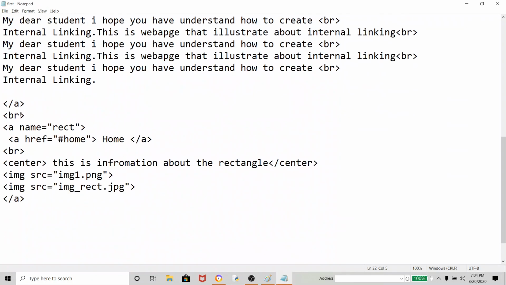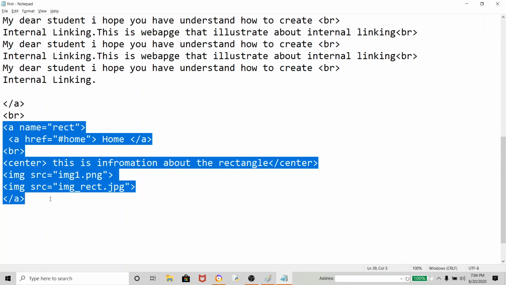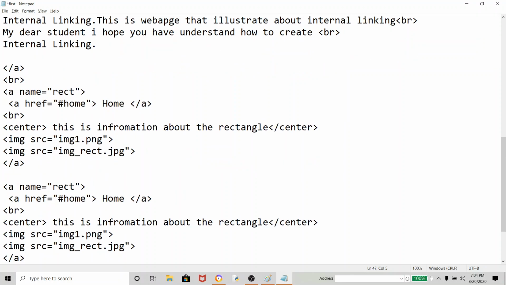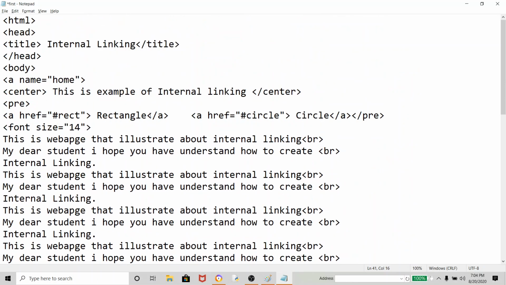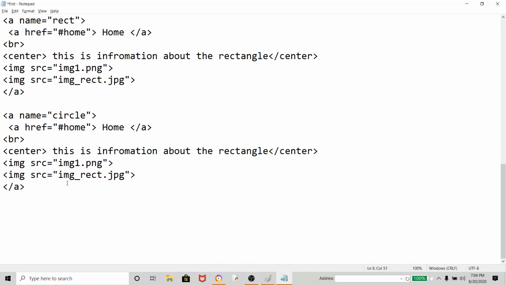And then again the same thing we are going to define for the circle also. So what I will do here is name equal to circle, and the name I have given in the linking, I will check, my dear students, it is given here circle. So here I will also start a name circle, and then image 2, and then the circle image.